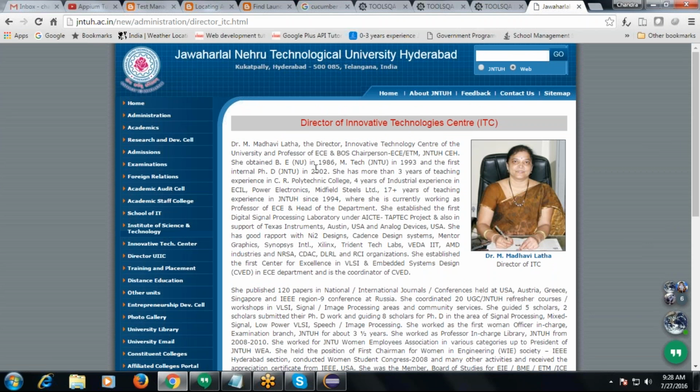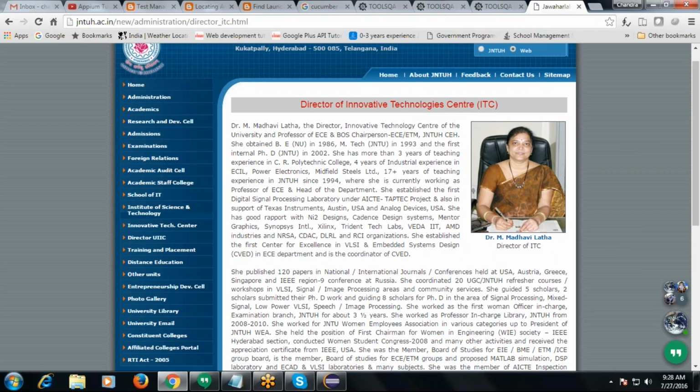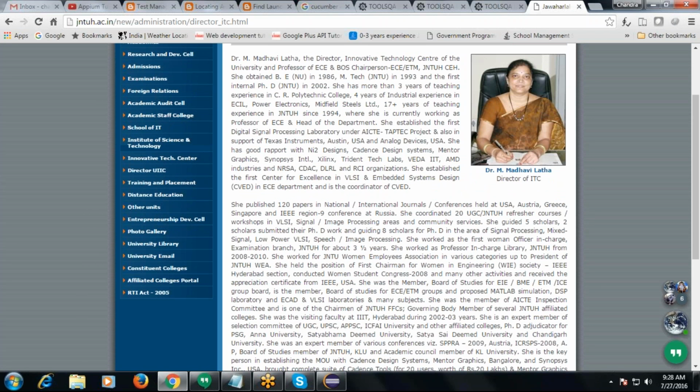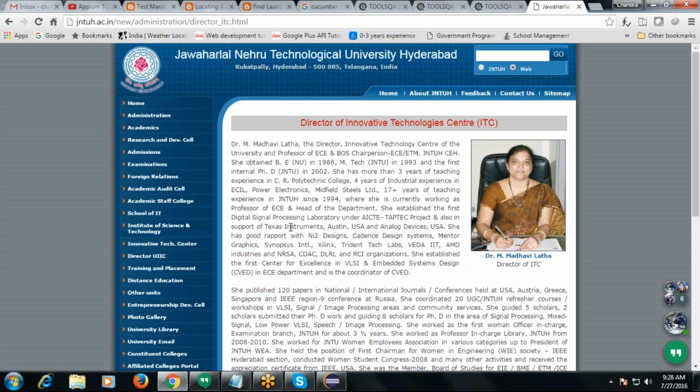Is it clear right now? Whatever option we select here, the headers and footers are not changing. Only the contents are changing.